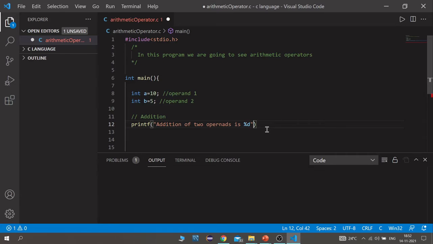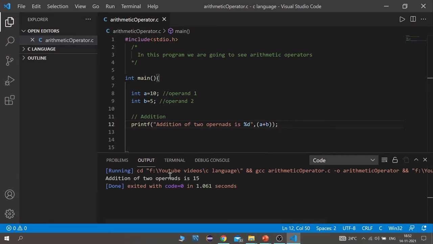Percentage d is integer, comma, here we will write a plus b, semicolon. Save this and let's run this program. Here you can see the addition of two operands is 15.